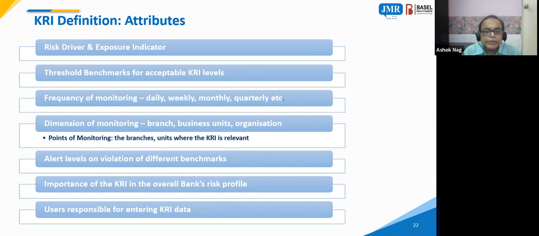So this is the alert level on violations of different benchmarks, where the alert should go. You could see if you have an operational risk, a KRI issue in a very sensitive area, for example where regulations and prudential norms apply, and you feel this KRI is indicating that we are going towards a breach of the prudential norms or regulatory concerns will come. No bank wants to be on the wrong side of the regulator. For example, internal frauds happening there.